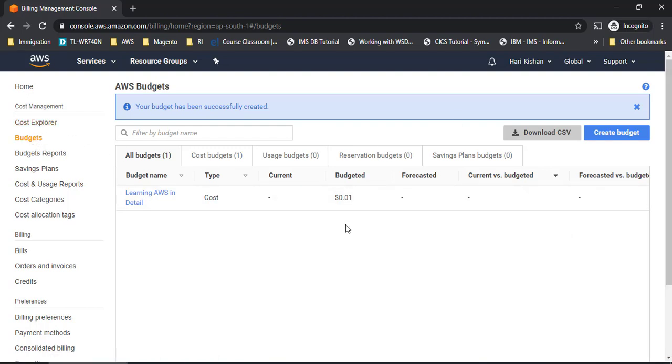this is how we create budgets in AWS, and this is a very, very important topic, guys. Before you start working on any services in AWS, this is the first step you have to do to avoid any extra spending on your AWS account. So I hope you guys are very clear with this topic, and I hope you will set a budget before you start off with any services. This way you will ensure you are not spending much.